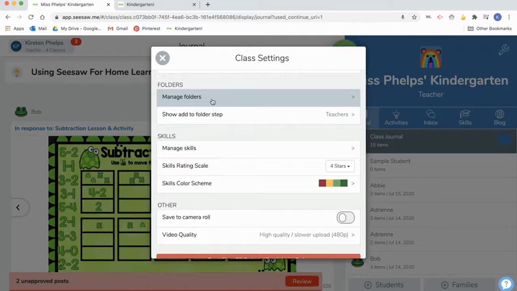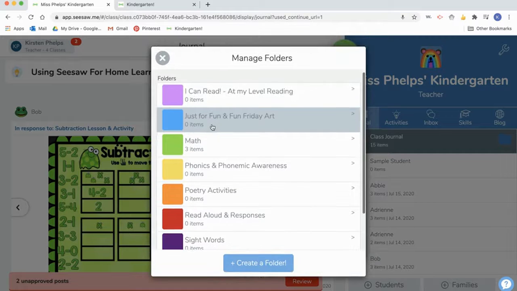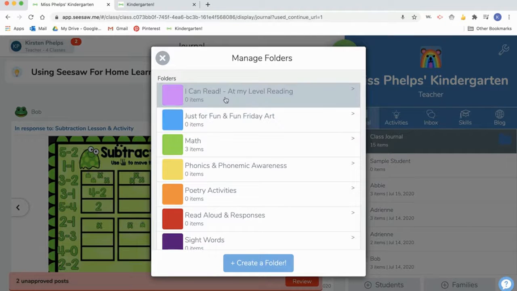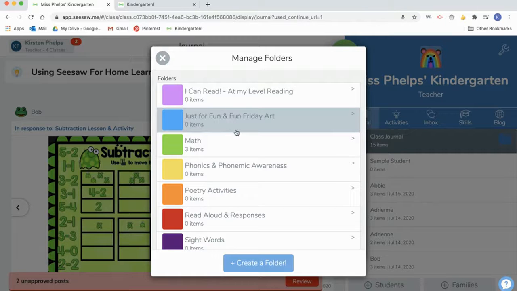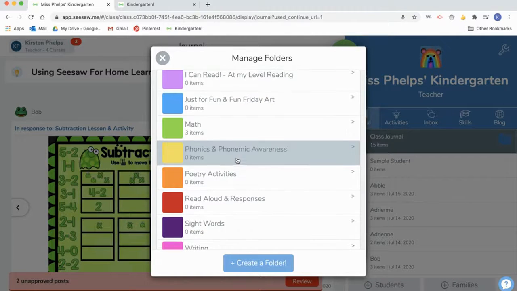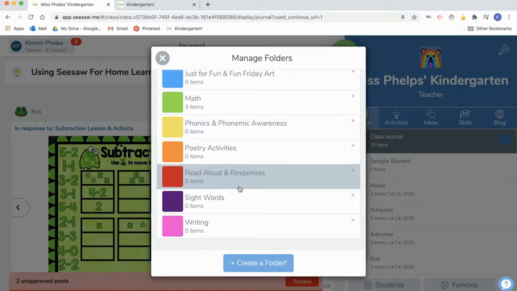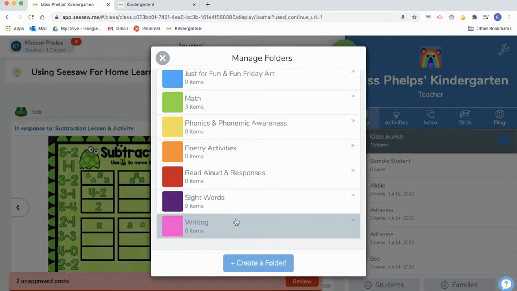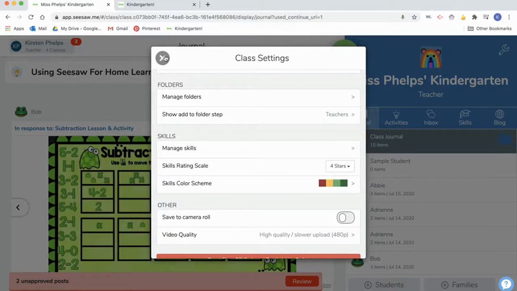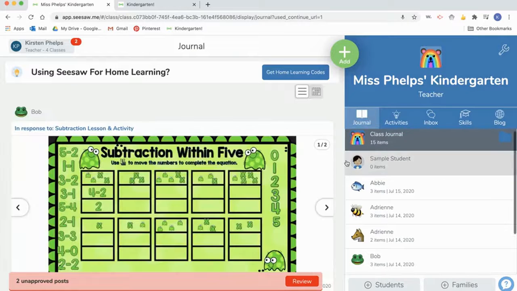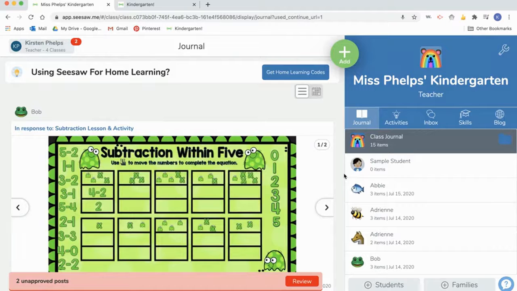And managing folders. So here are the folders that I utilized last year. So I can read students reading at their level, just for fun, like videos and things and art projects, math, phonics and phonemic awareness, poetry, read aloud responses, sight words, and writing. You can create your own folders, but what that looks like in Seesaw is you